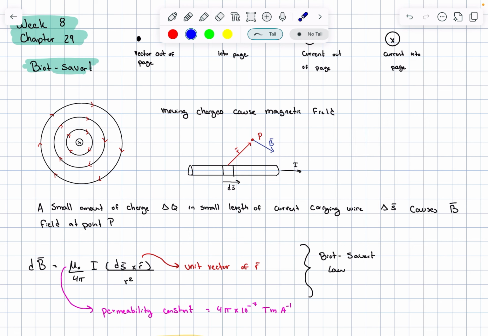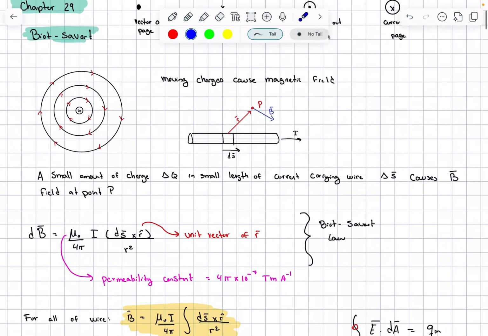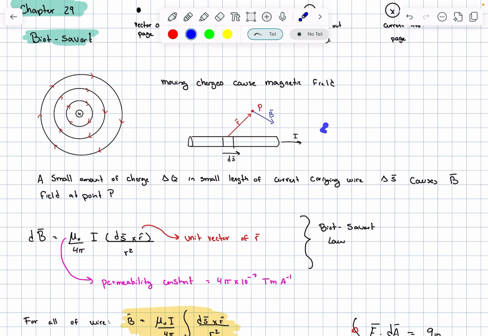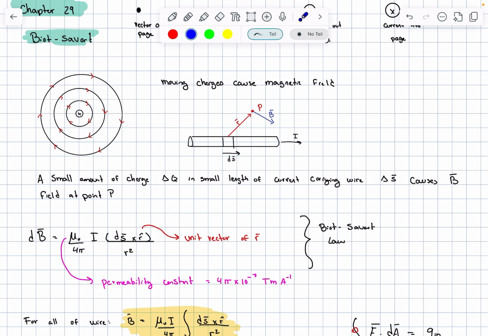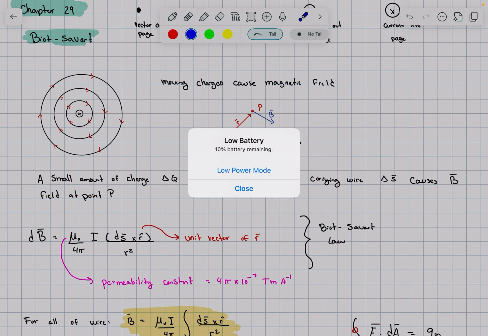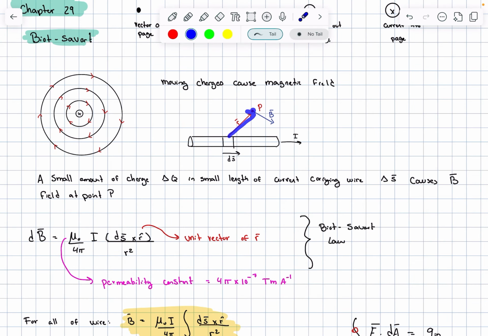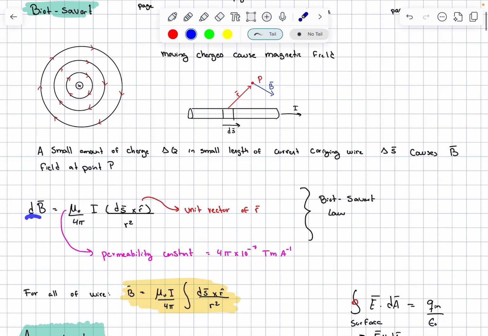But now, more mathematically, if we wanted to calculate, say we have a really weird wire that's a loop, and we want to know what the magnetic field is at this point P, we're going to use Biot-Savart's law. You take a little chunk of your wire, ds, going in the direction of I, which is a distance r away from my point here. So we say that dB, the magnetic field due to that little chunk of wire,